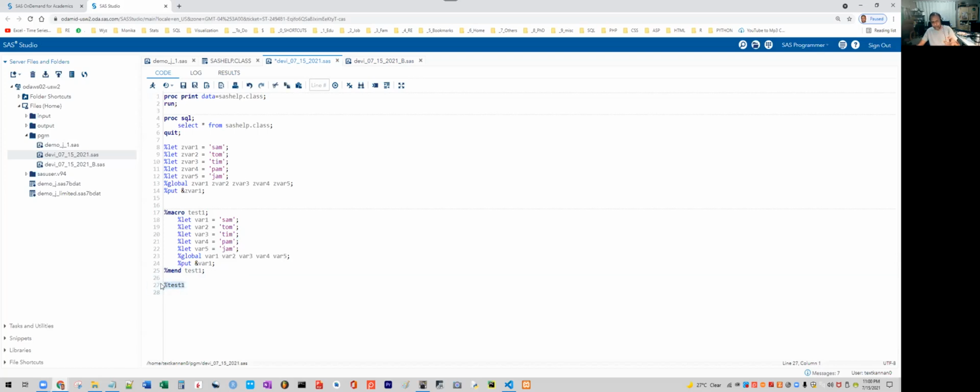It calls a macro named with this macro. So the very first character is a percent. That means it is a call. It is related to a macro. And the very next string is not a macro or a mend. It is not a let or a put or a global. It is a name which is not a SAS keyword. That's the right word to say. So it knows that this is a macro name,